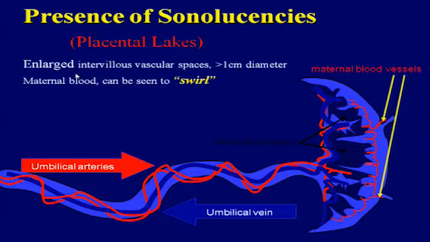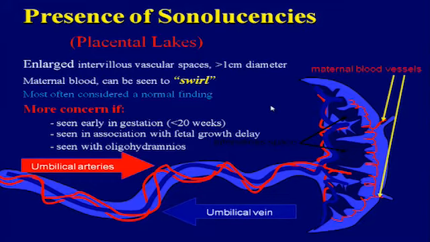and when you magnify up on them, you can just turn up your gain and you'll see that it looks like the blood is just swirling in there. It's most often considered a normal finding or a variant of normal. More concerning if you see it early in gestation, less than 20 weeks. You can sometimes see more of these with your babies that are growth delayed, and sometimes you can see them